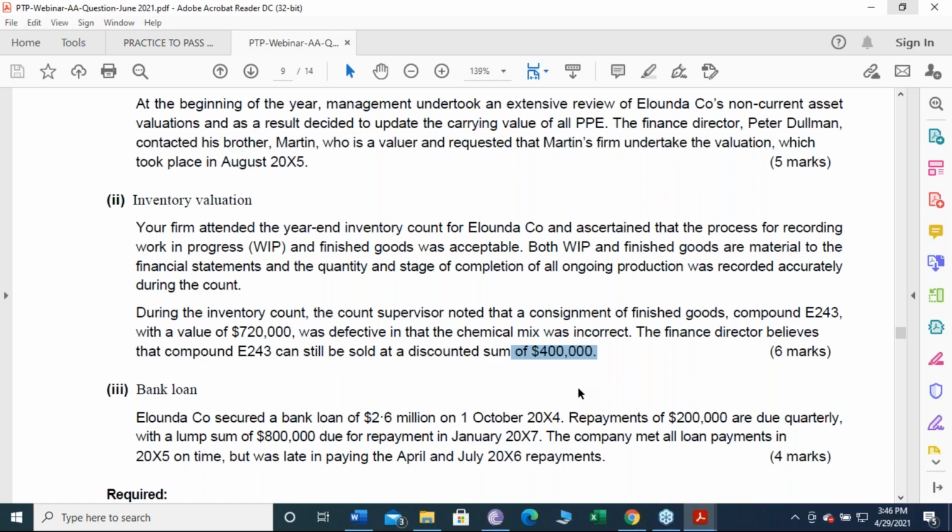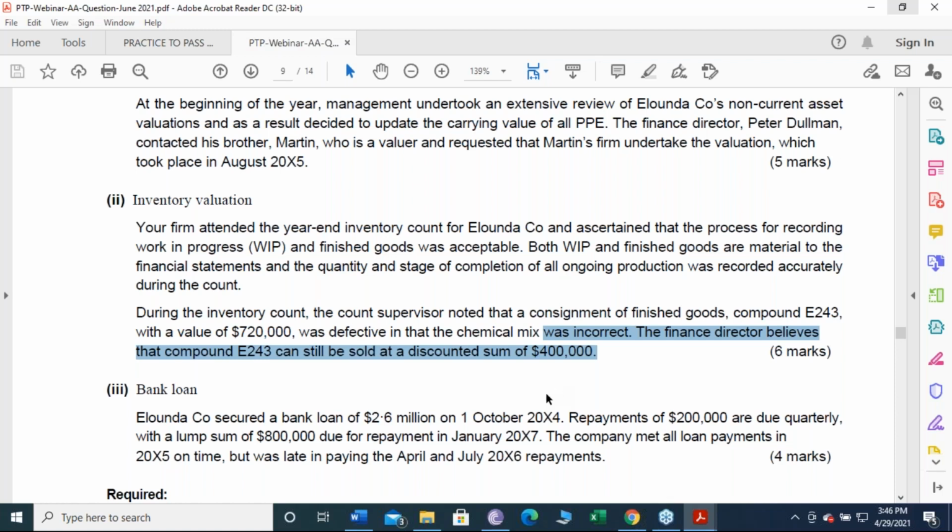For the defective chemical compound, you need to have a discussion with the management, and you need to figure out how they believe that the NRV is 400,000 and what assumptions they have used, and are the assumptions reasonable. So that's my procedure number one. Moreover, I would like to inspect the post year end sales invoices and the bank statement and the cash book in order to verify whether the NRV is actually 400,000 or less than that. So I would like to verify the sales invoice in order to confirm the NRV of this 400,000.